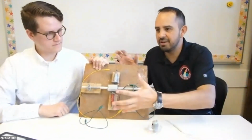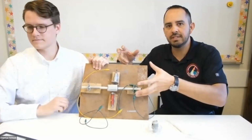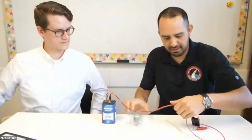This is a very big, I would call it a crude form of an electric motor, but it's a great learning tool that you can do on one of our courses that gets you understanding what an electric motor is. Once they're miniaturized, we can then take a motor like this,